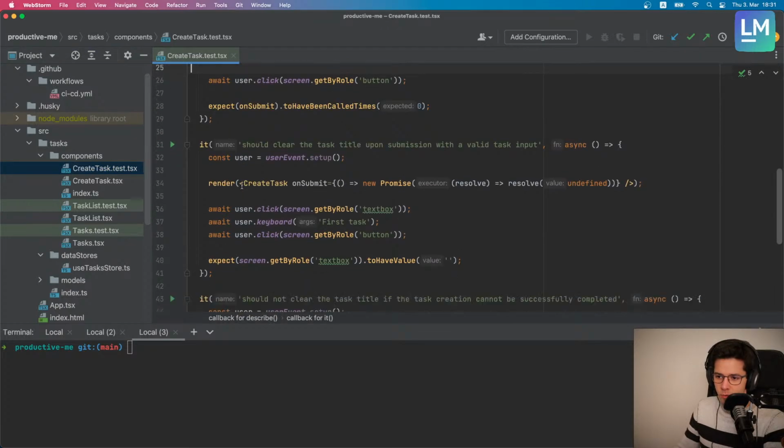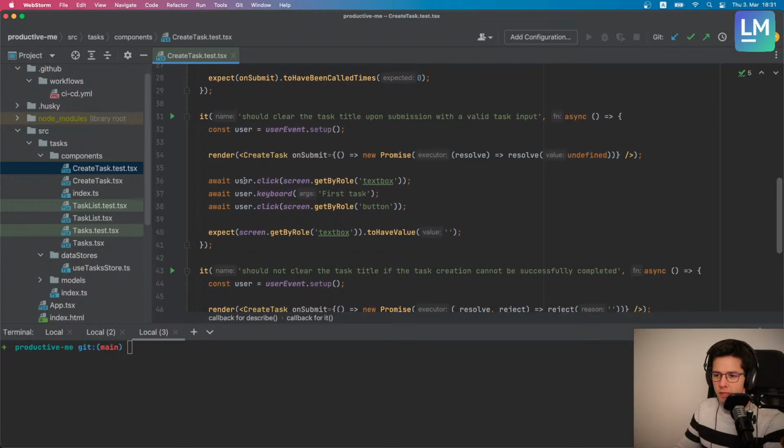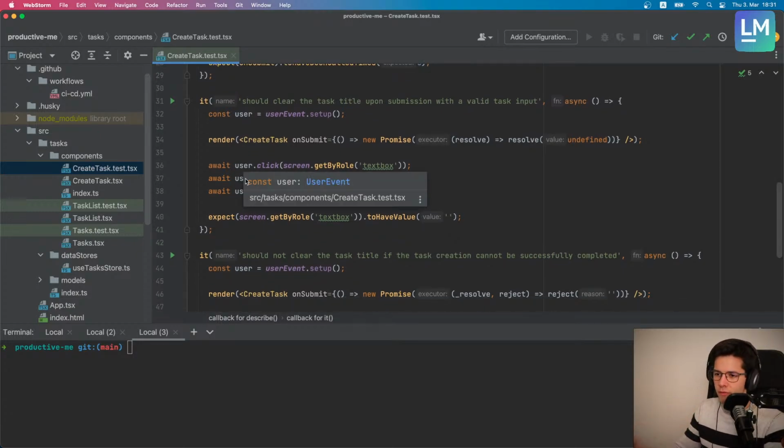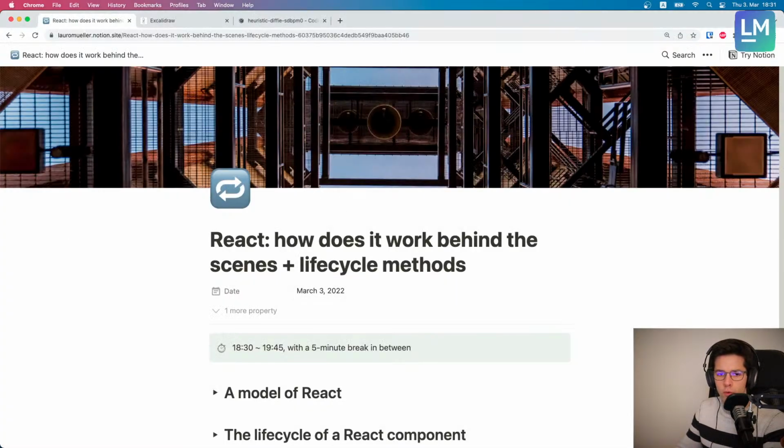Here is just an example of what we are doing. I'm not going to go too much into the details, but we are really trying to stay very focused on how the users will interact with our application and what the resulting behaviors are. This is perhaps what you should focus on whenever you are developing a web app: not the internals of the web app, but rather the experience that your users will have when they are using it. Cool. So that being said, let me switch to today's